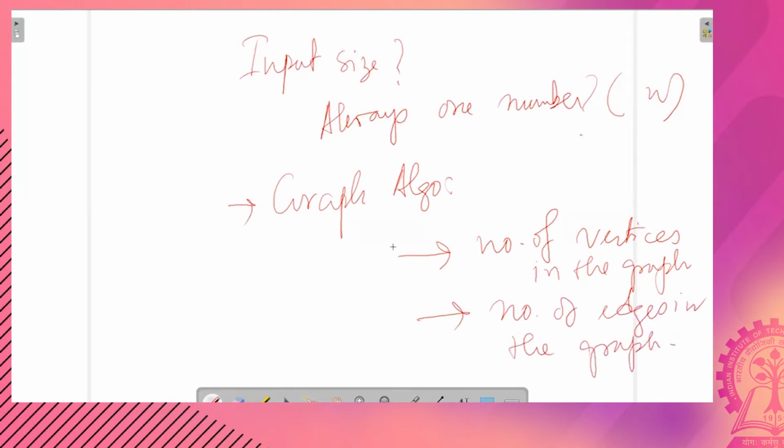Typically, this is referred to as mod V and mod E. So for graph algorithms, there are 2 different input sizes, the number of nodes and number of edges. Depending on the algorithm, you might need to use both of these input sizes for the complexity analysis or one of them. That depends on the algorithm.